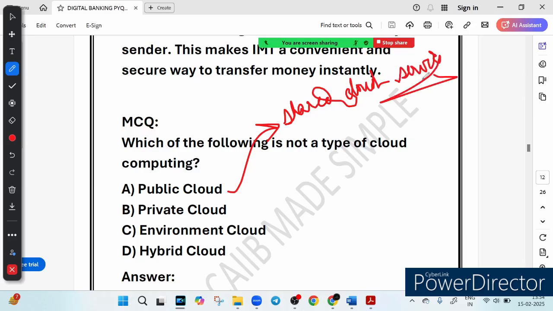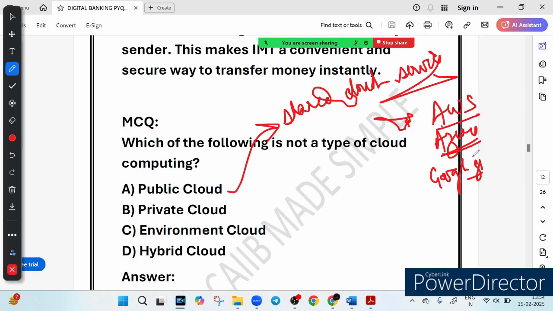So it means it is provided by a third party company like AWS. You might have heard of something called AWS. It is provided by companies like AWS, which is called Amazon Web Services, or you might have heard of Azure, or the Google Cloud. So these are the kind of shared cloud services. Anyone can use it by paying a fee, just like how we subscribe to Netflix, right? It is widely used by startups, businesses and individuals because it is affordable and scalable.